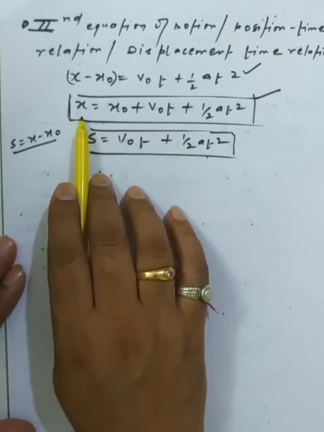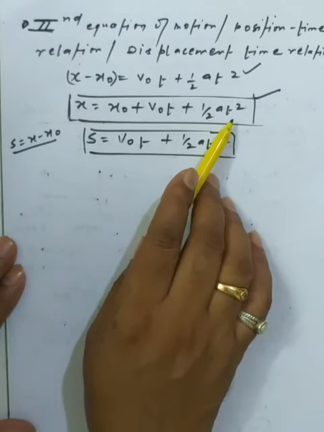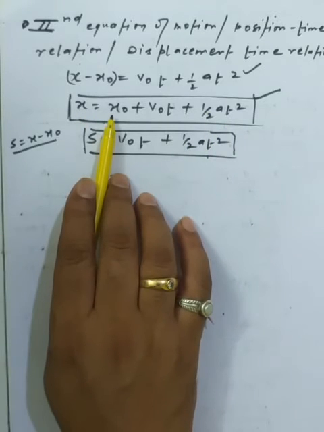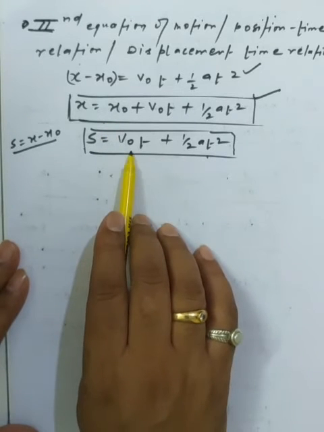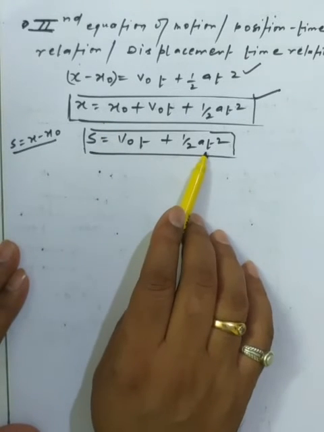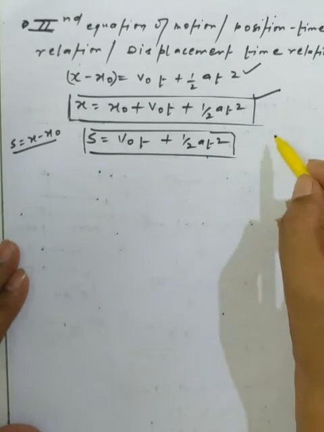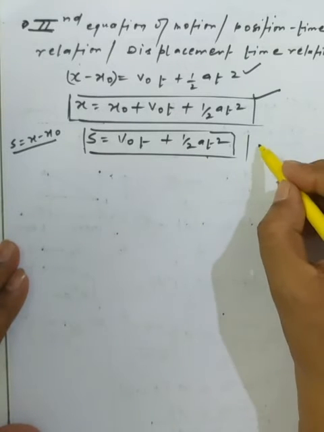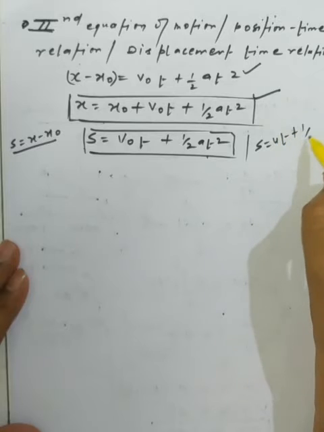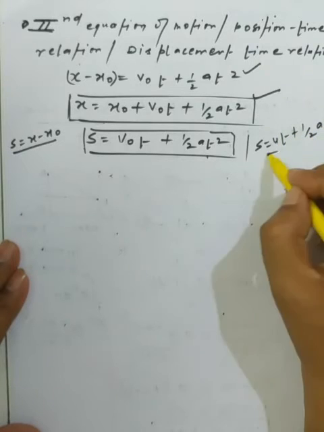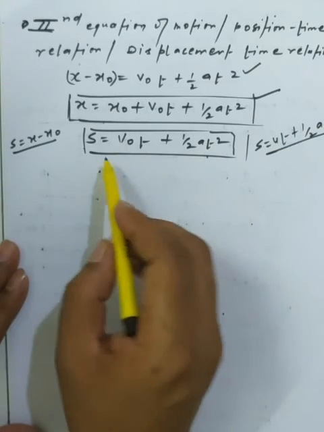Now we are representing the equation in another manner. Whenever we have the initial position at t equal to 0, dear students, we use s is equal to v naught t plus half a t square. This is a very familiar result to you up to the 9th class. In the 9th class we were writing s is equal to ut plus half a t square. It is the simplest part we have. Now it is called the